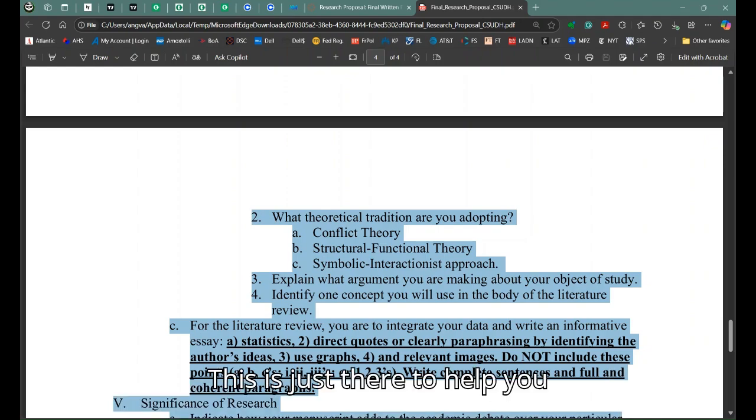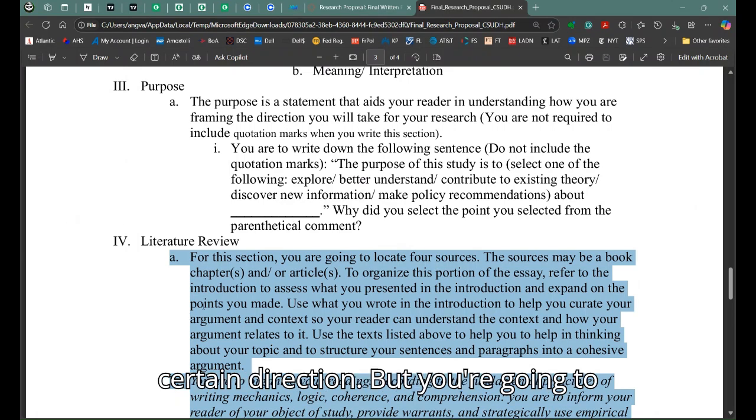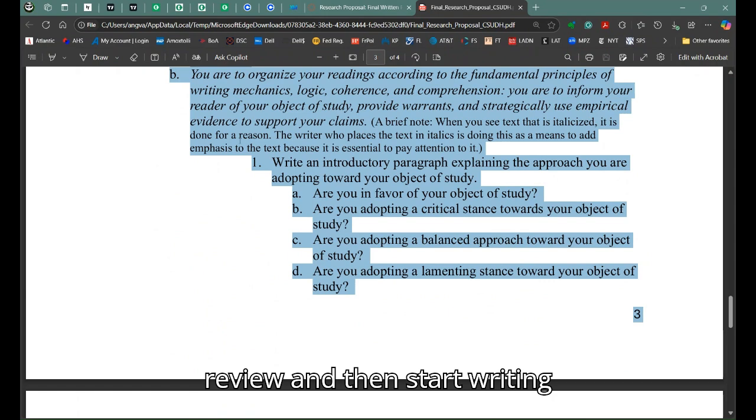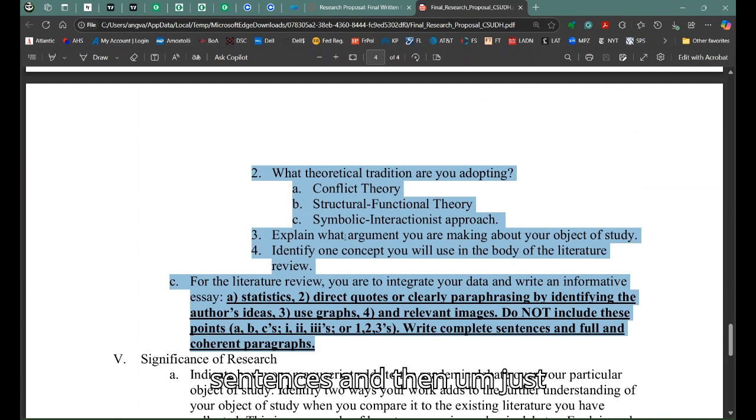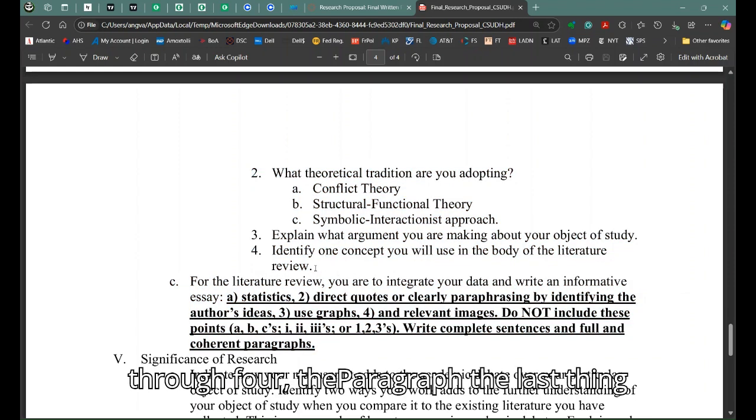This is just there to help you address the points and to give you certain direction. But you're going to erase all that, or you're just going to write Roman numeral 4 literature review, and then start writing your first sentence or sentences, and then just follow and address points 1 through 4. Right? And then once you're done with points 1 through 4, the paragraph, the last thing that you